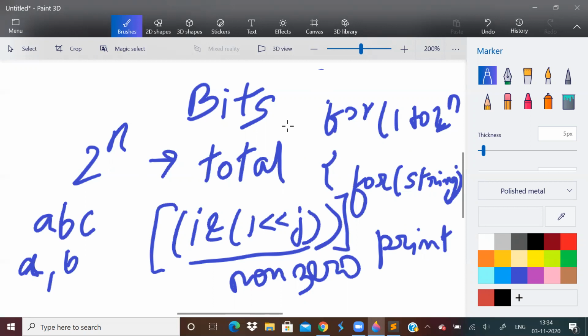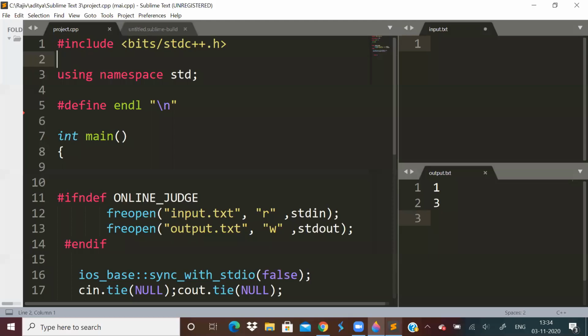I want you to work it out: take a pen and paper, take the string ABC and try to work it out. Try to use bits over here and work it out for yourself. You will understand what I'm saying. It is all about picking an element and not picking the other element. Just that, or either picking all the elements or picking none of the elements. It is very easy to solve once you dry run the code. But let me show you now what I am saying.